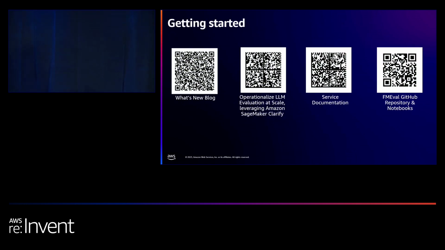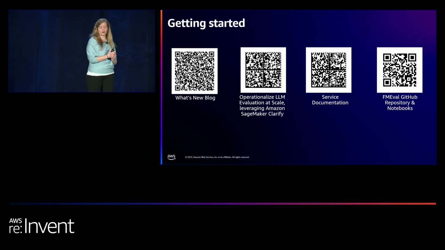All right, thank you so much, Taryn. Great, so in summary, four resources for you. On the left-hand side, you have a What's New blog post that explains in more detail some of the features and use cases that you've just seen. The second QR code is pointing to the GitHub repository that runs FM evaluation in SageMaker pipelines and lets you easily customize that to set up your own evaluation pipelines.